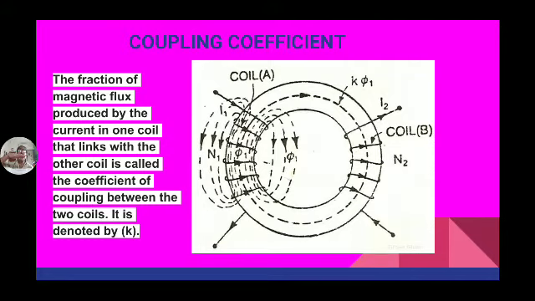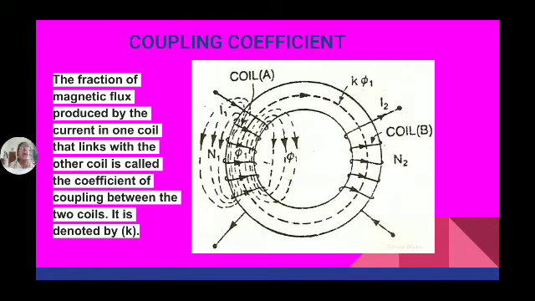See, this is one coil we are having. To this, copper wire is wound and I am giving the supply. So what happens? Current passes through this coil. Flux is developed in this coil. Now I am bringing another coil nearer to this coil. So some part of this flux links with this coil. How much flux links with this coil is based on which factor? How closely it is related, how it is coupled.